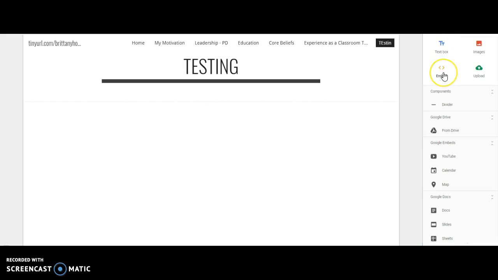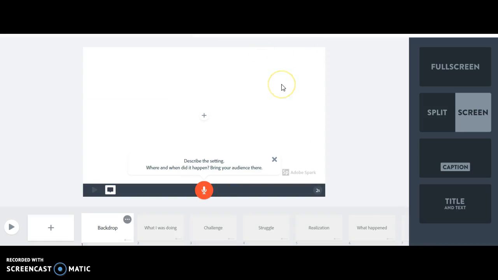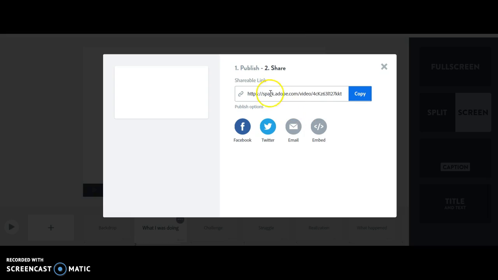So the first that I'm going to show is actually adding an Adobe Spark video. Adobe Spark is a great free tool that allows you to create posts, pages, videos. This is just like a simple test video that I had going on, but I could actually add photos to each of these slides. I could voice over if I wanted to, and I could even add music. So once I get this finished, then I would click on share, and notice that it gives me a link